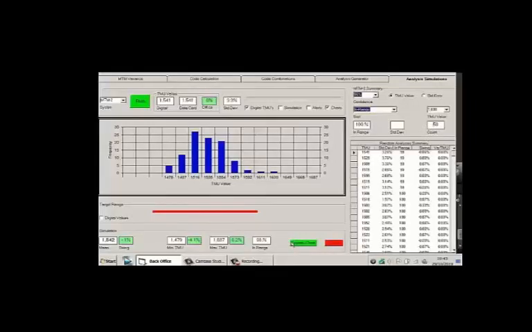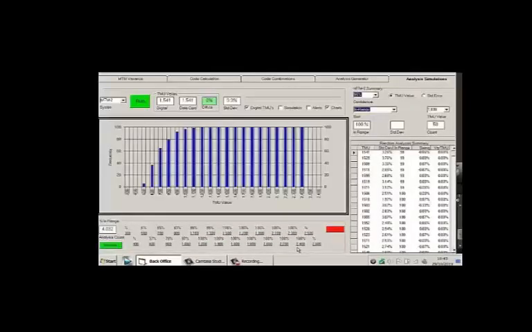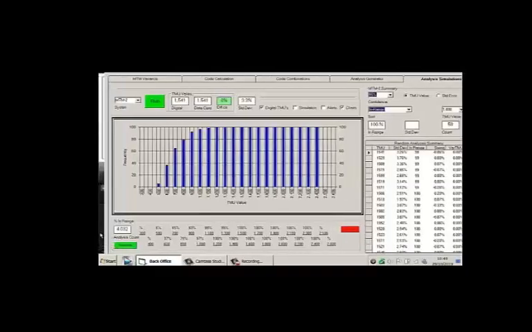If I click summary charts, we see the complete distribution for all of the random analyses. The total number of simulations is just over 4,000, giving us a very, very smooth distribution, as you'd expect. Looking at the section at the bottom where we show the in range for each of the TMU values, you can see that at 1,000 TMUs we have 97% in range.